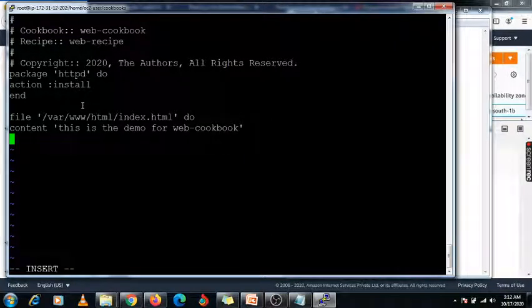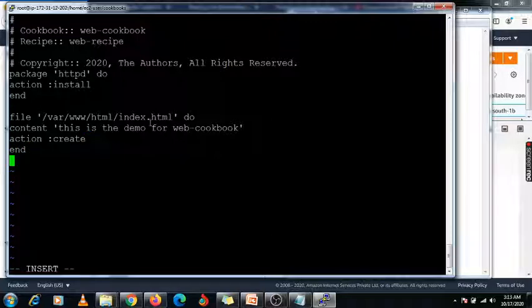So this is the content I have mentioned inside my index.html file, right? And the action, you need to mention the action with the name create, because this is my file and this file will be created, and end it.